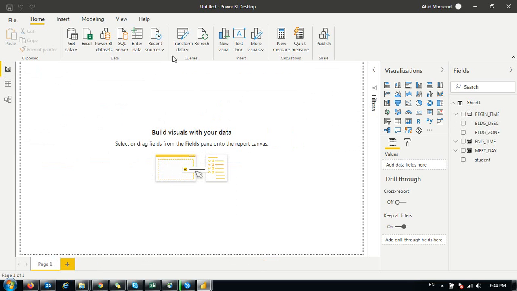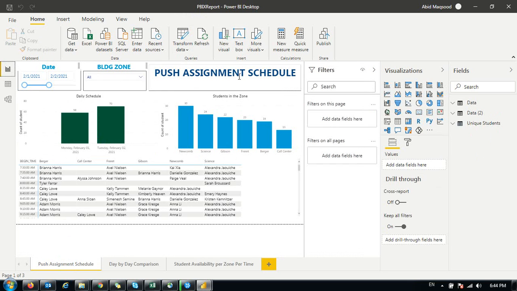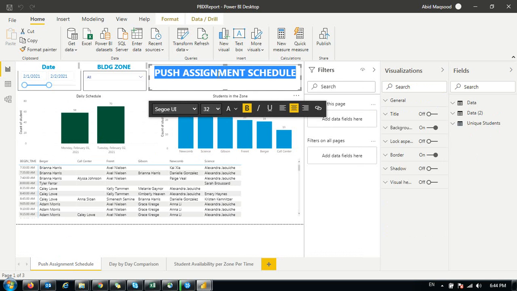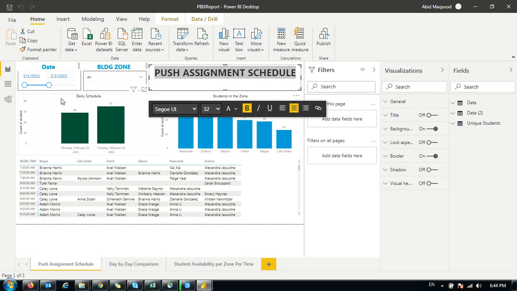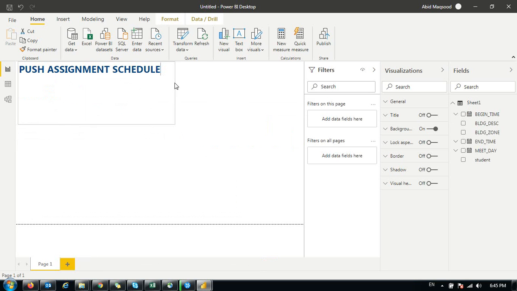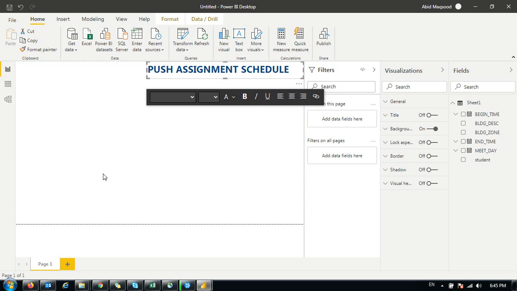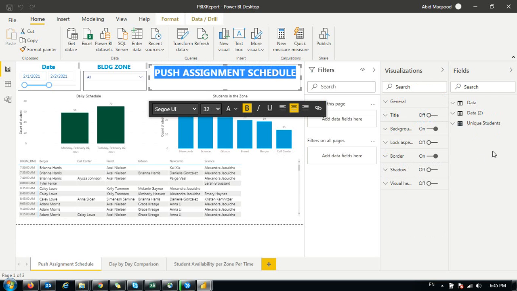I will go to this page and click on this text box and write this particular text in this text box as well. Here you go. You can see that I can create it like this and I can place it anywhere I would like over here. So you can see that there are three tables in this data.